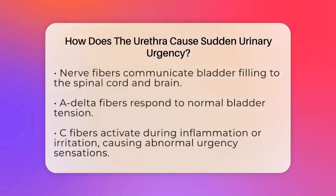The communication between the urethra and bladder occurs through nerve fibers that detect bladder filling. These signals travel to the spinal cord and then to the brain. Two key types of nerve fibers are involved: delta fibers, which respond to normal bladder tension, and C fibers, which become active in cases of inflammation or irritation. When the C fibers in the lining of the bladder and urethra are activated, they can create abnormal sensations of